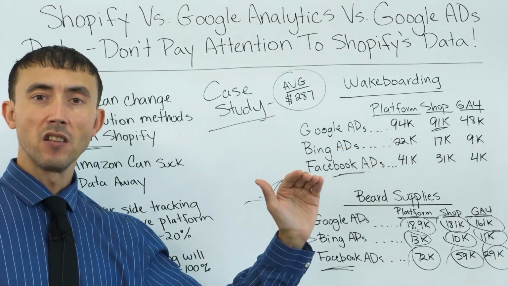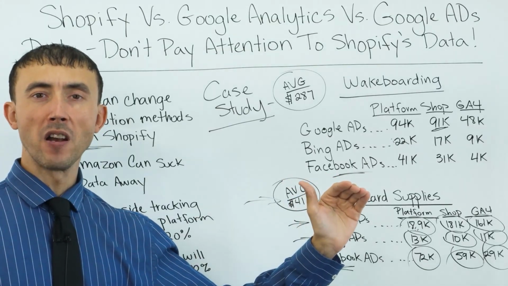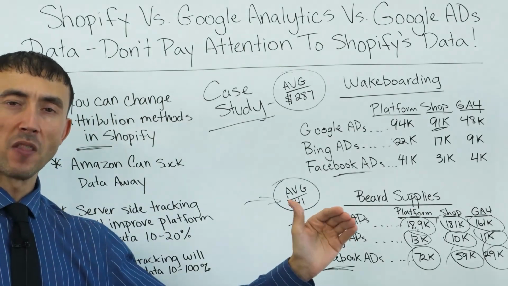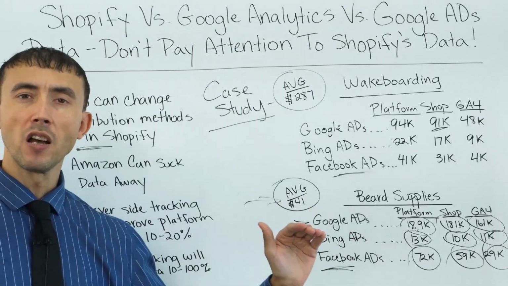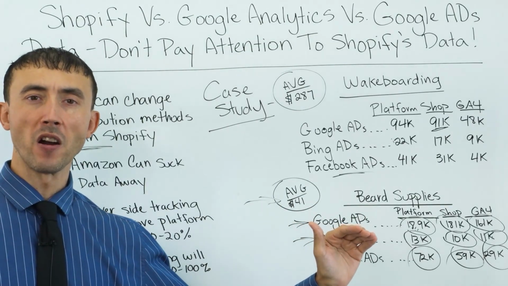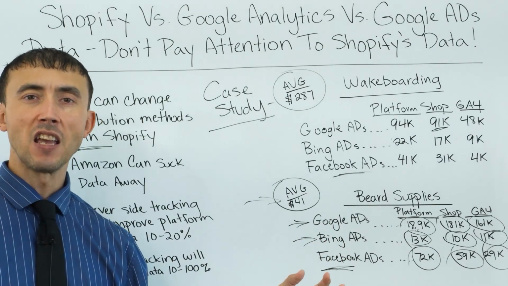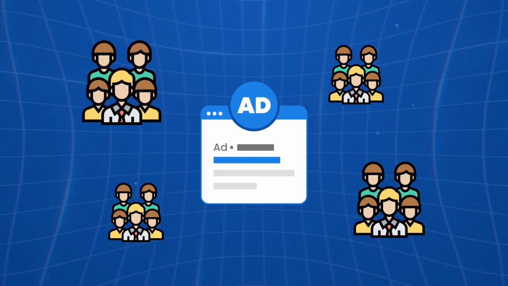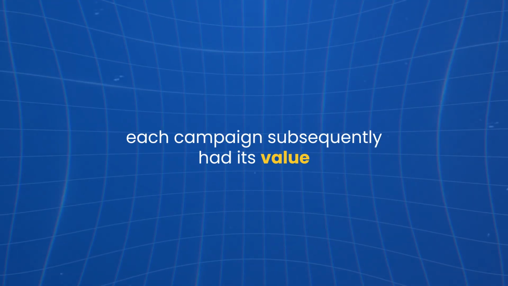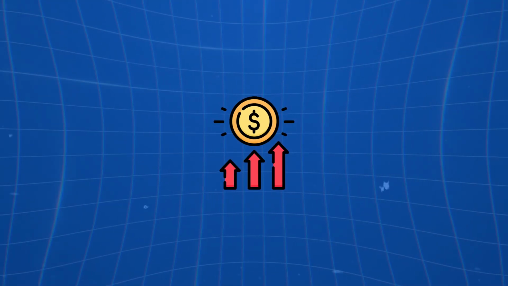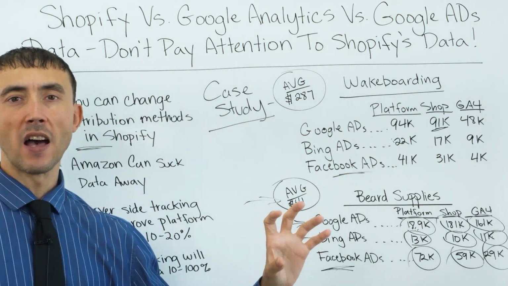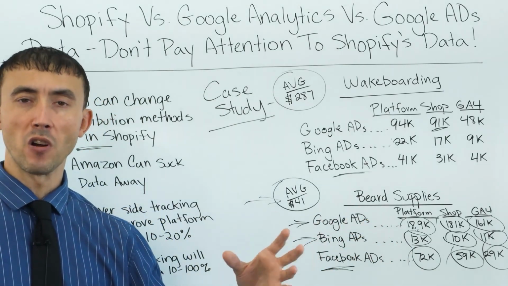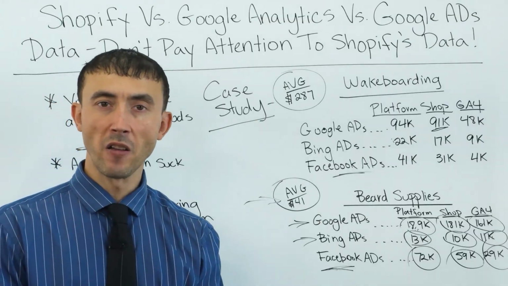And the point is, ads that go after people that aren't quite ready to purchase are what set the whole chain of events in motion. The sale is for the final ad, but it took a series of ads working together to get the most results out of your market. So you don't want brand campaigns taking all the credit. You want the campaigns that targeted people first to get most of the credit, but not only that, each campaign subsequently had its value and contributed to the sale that you got, and you want Google to have the campaigns work together as a unit, so to say. You'll make the most money that way with your account, and you start with the bottom of your funnel first.